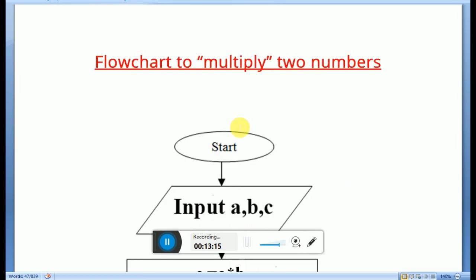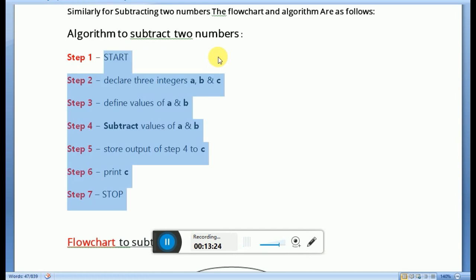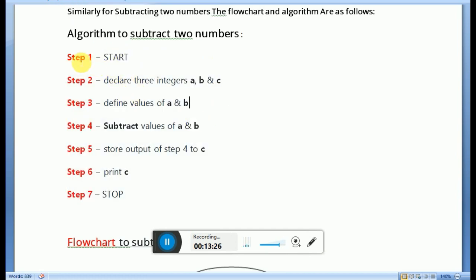Okay, now flowchart to multiply two numbers. First of all, let us know the algorithm to multiply two numbers. What you will do, same like here, you will start with step 1 start, you will declare three variables, you will define the first two variables.